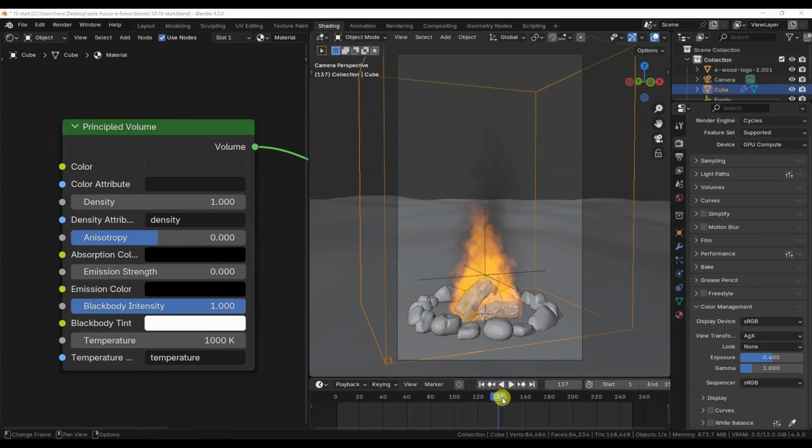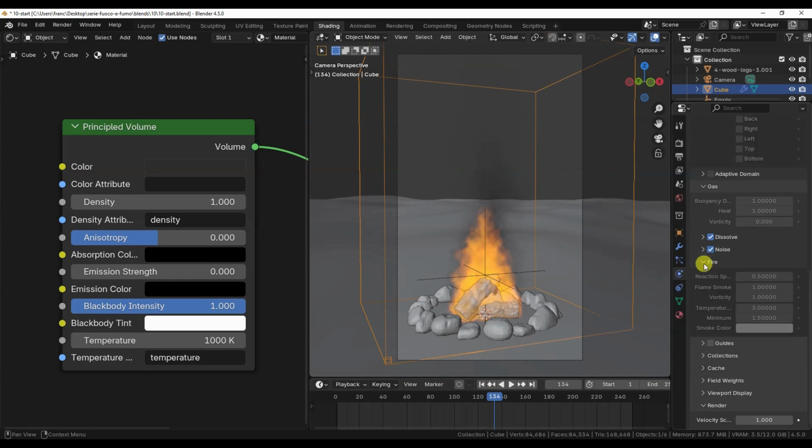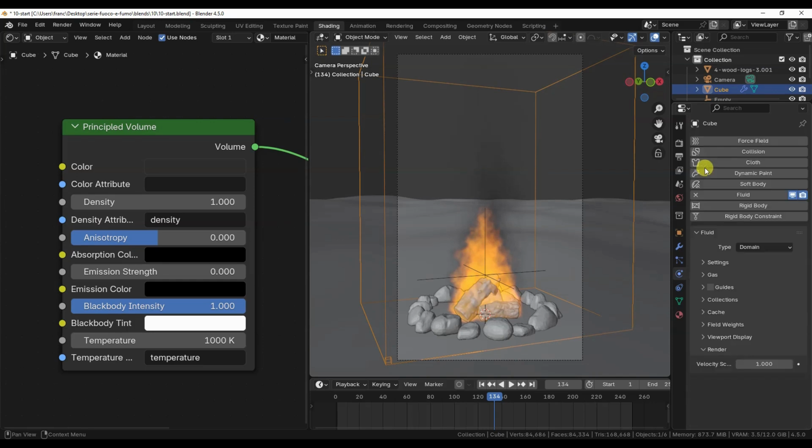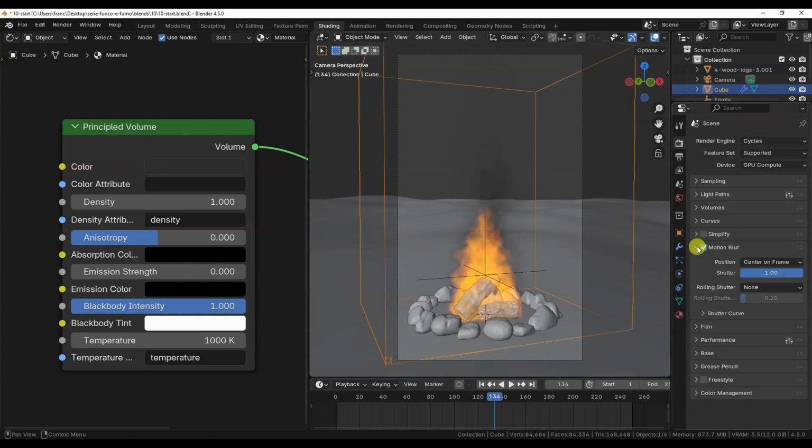Another option we can enable in the Render tab is Motion Blur, which is very useful when rendering these simulations since flames are never perfectly still between frames. In a previous episode, we mentioned that the domain has a field related to velocity scale for motion blurring, but motion blur must also be enabled at the rendering level in the Render tab. In this tab, the shutter parameter defines how many frames before and after the current one are taken into account. Higher values result in stronger motion blur.